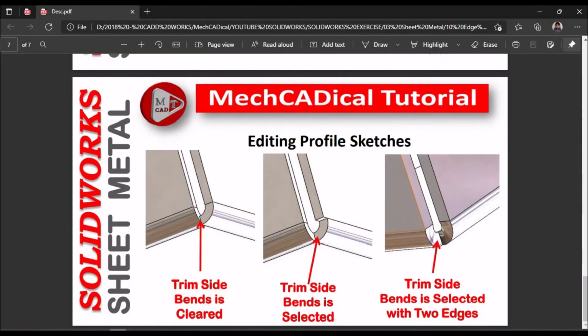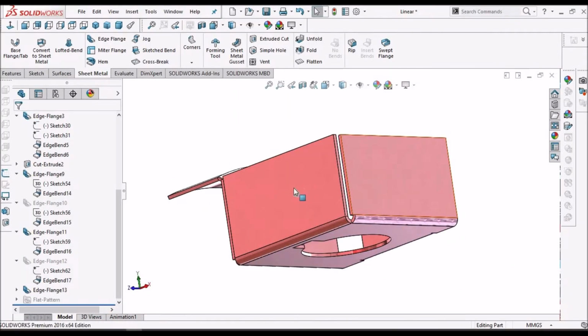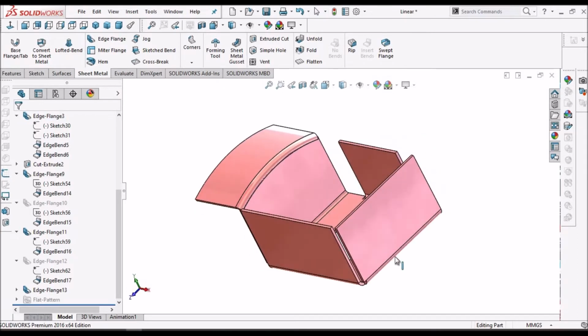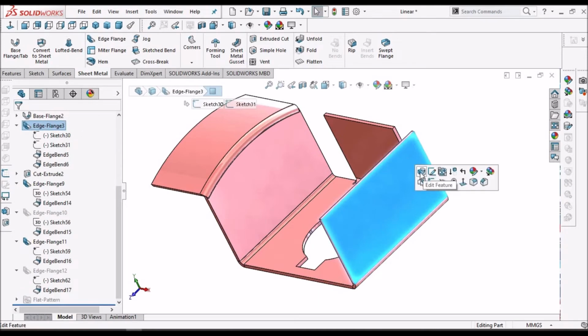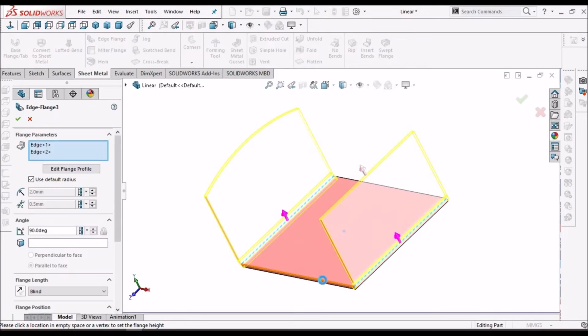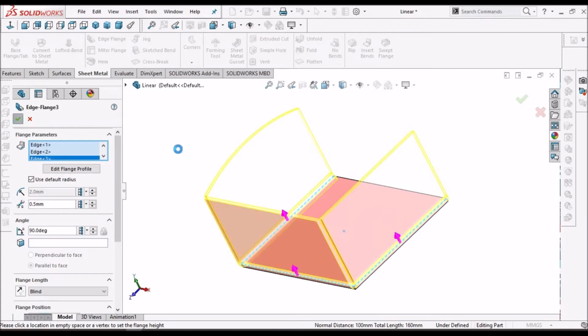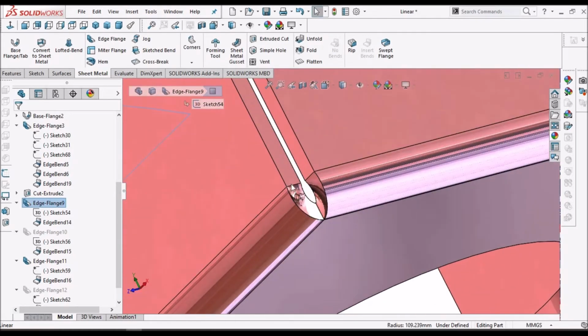Now, usually when we have two flanges created side by side, what we have to do is create these two at a time, so that there is uniformity on the corners.